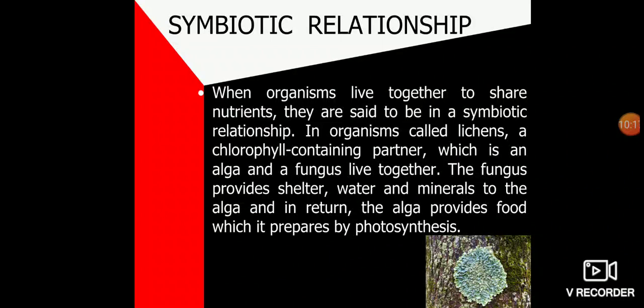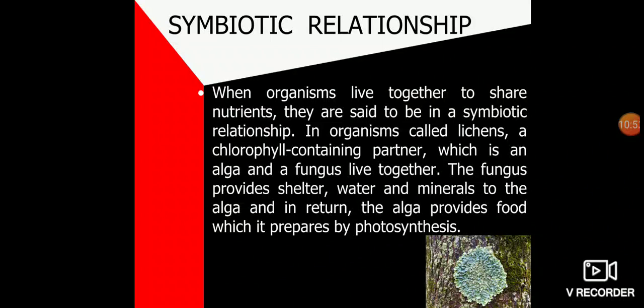symbiotic relationship between Rhizobium bacteria and leguminous plants. What is Rhizobium bacteria? A bacteria which lives in the root nodules of leguminous plants. That means all pulses such as gram, peas, beans, etc. Rhizobium bacteria convert nitrogenous gas of air into water-soluble nitrogen compounds called nitrates and give them to the leguminous plants